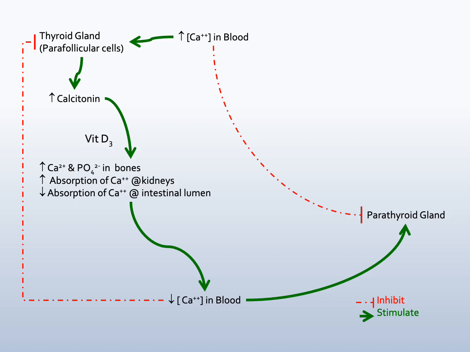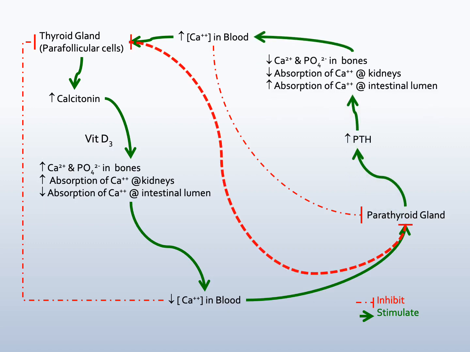And what we're going to do is inhibit the parafollicular cells and stimulate the parathyroid gland. Stimulating the parathyroid gland is going to increase PTH. By increasing PTH, we're going to diminish the amount of calcium being absorbed at the kidneys and increase the amount being absorbed at the intestines. By doing that, we diminish the amount of calcium being excreted and we increase the amount that's being absorbed from